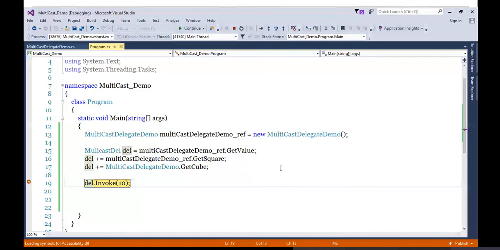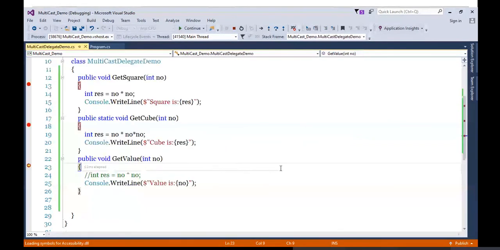See, the control is on this invoke line. So I will press F11 to check which method it goes to first. It is going to GetValue. You can watch, the control comes here in GetValue. So first it will execute GetValue. Then it is going to GetSquare. Watch out.